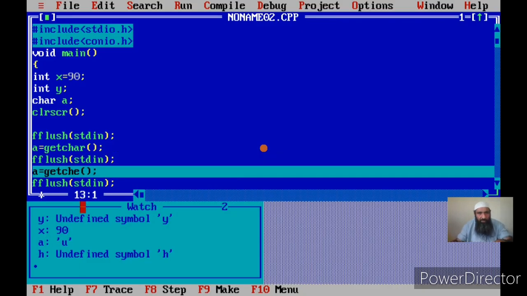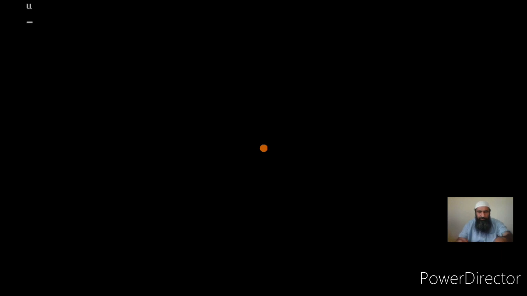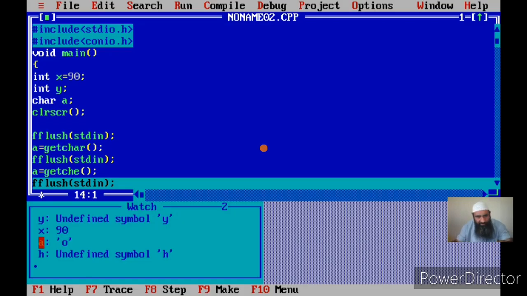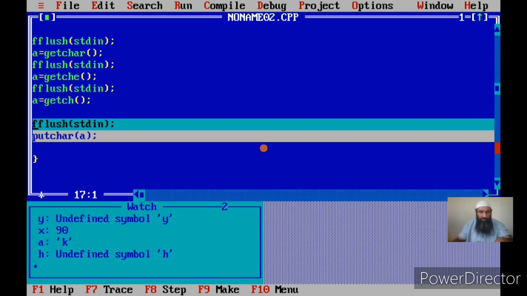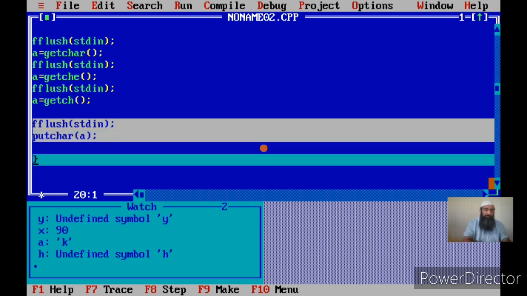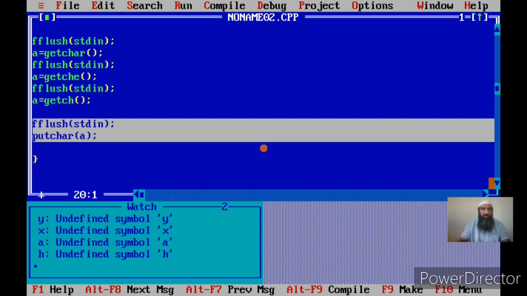Let us once again execute this program. Now here we have getchar, in which I press U. Okay, now in A, U is stored. Now I again take an input, but again stored in A, so the previous input will be erased. So I take O. Now it did not wait for the enter key, and you see here O is stored in A. Then I use getch, and say I press K, you will not be able to see that. And now if you see here, it has not displayed the K, but it has taken that input. Now again putchar will be used to display the character on the screen. See, K has been displayed now.